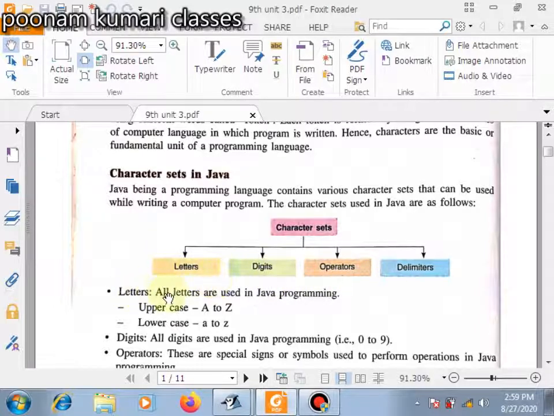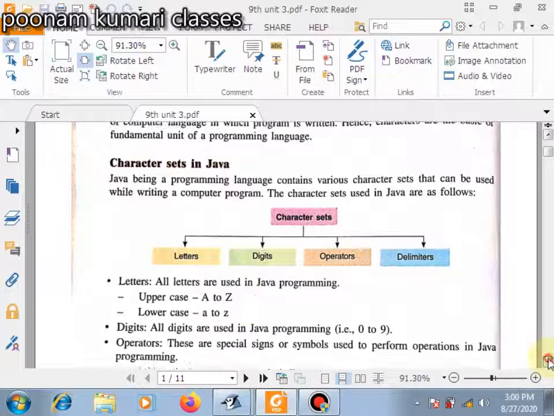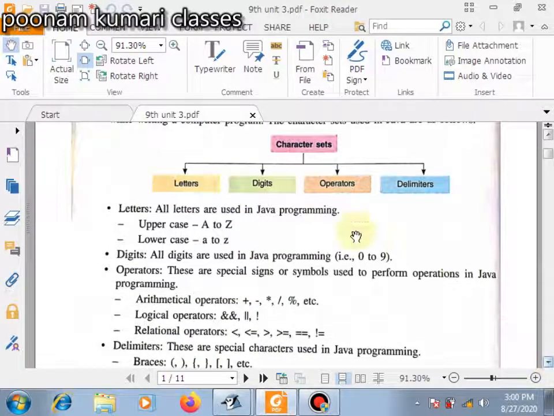Letters: all letters used in Java programming, like uppercase letters A to Z and lowercase letters small a to z. These letters we also use as variable names or to assign some value to the variables. Both uppercase and lowercase letters are used in Java programming.